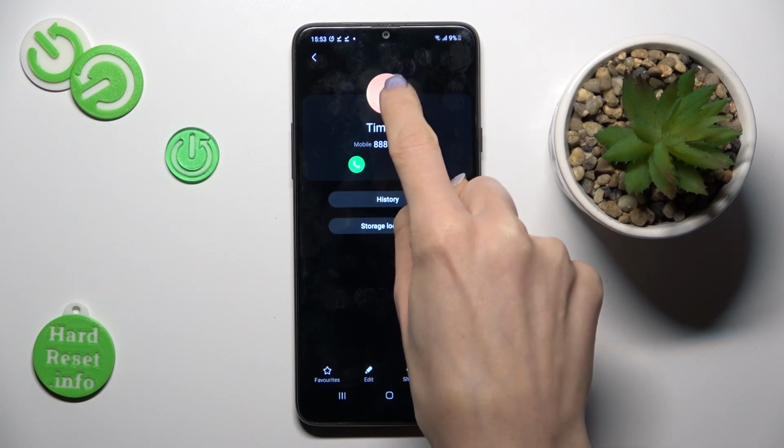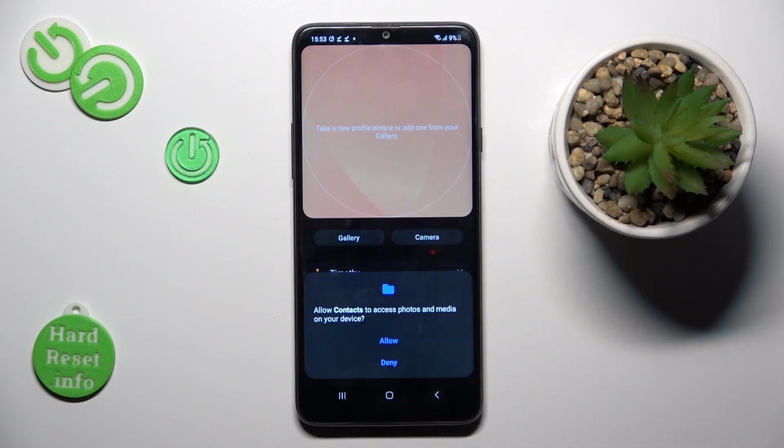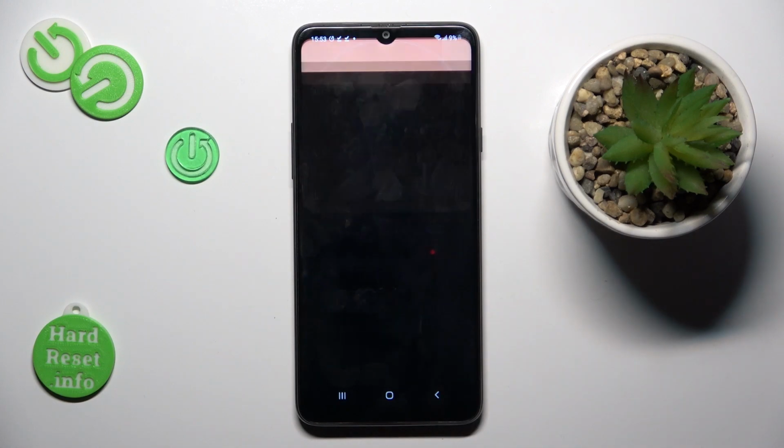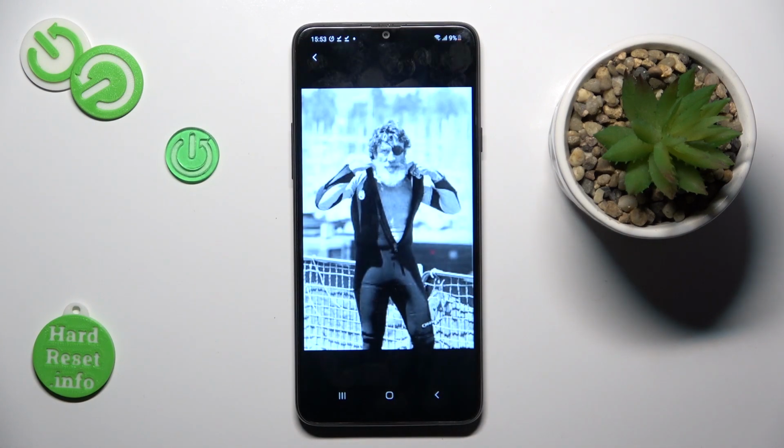Now select camera icon in the middle of the screen, and select gallery if you wish to apply something from your gallery, or camera if you want to grab a picture right now. But let me choose gallery. Now select the picture that you want to apply, and now